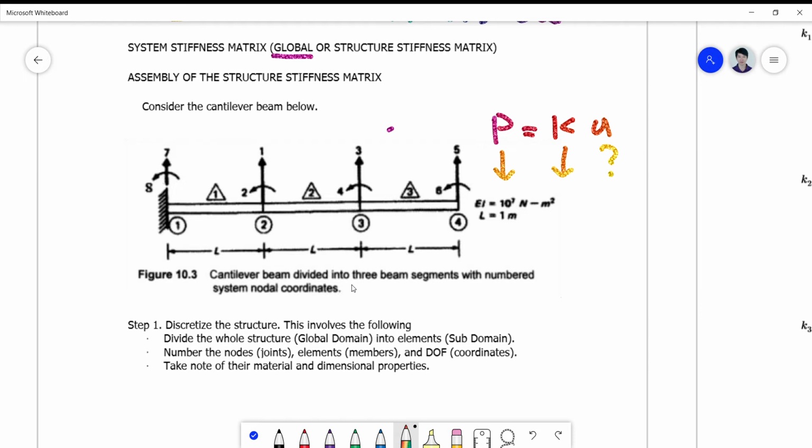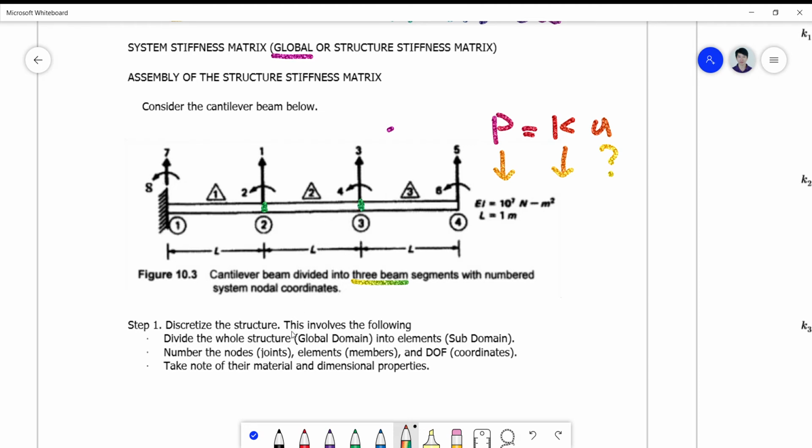So of course this is rather arbitrary on the part of the one who is analyzing, so it depends on how many segments he wants to divide his system into. Okay, so the first step is to discretize the structure, and this involves the following. First, we divide it into three,